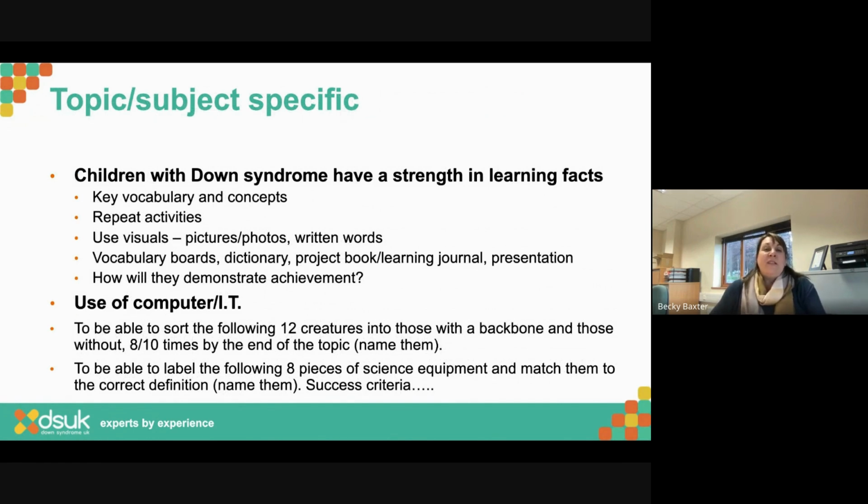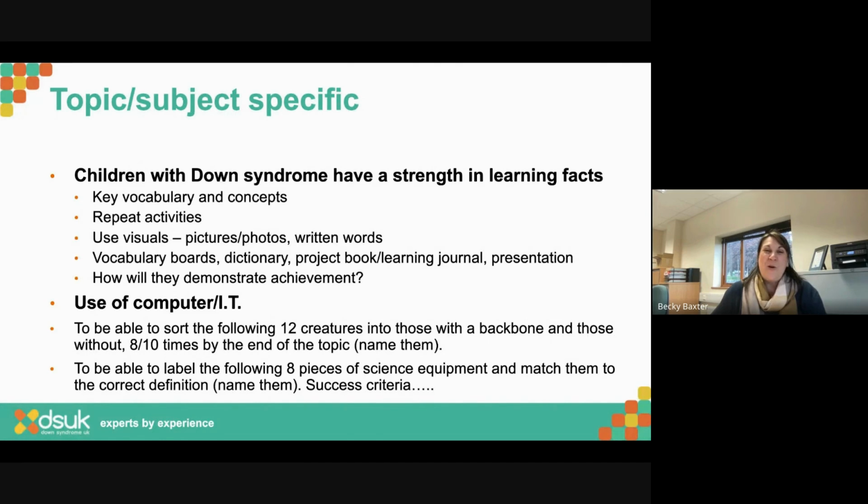So they're obviously the big ones, the ones that are really going to be useful in the future. Literacy and numeracy are obviously going to come up a lot, and we're going to need to keep practicing those. And some of those more basic skills, I'd be expecting my pupil with Down syndrome to still be needing to work on into secondary school. We then will have